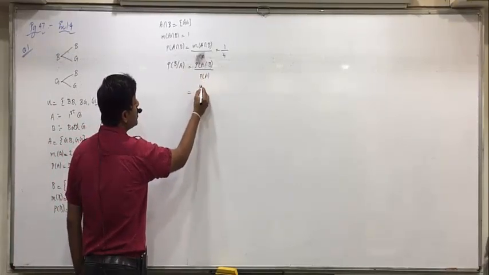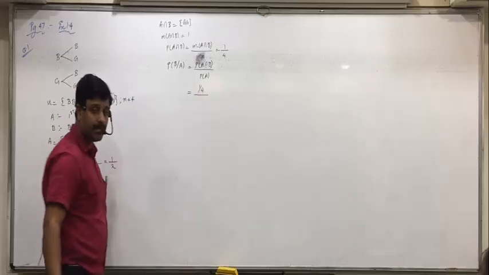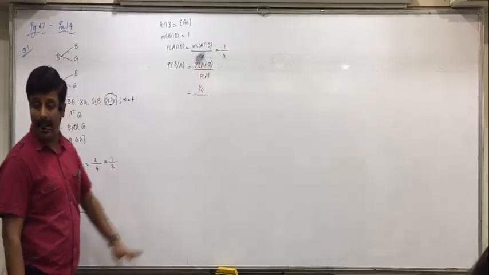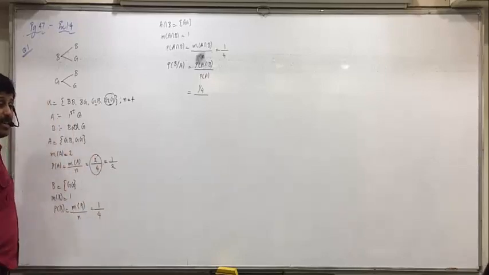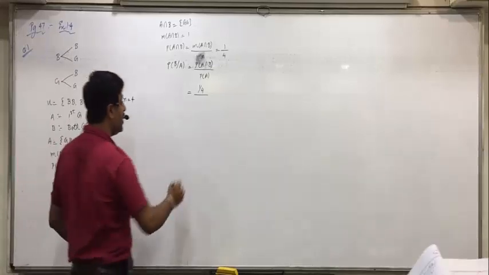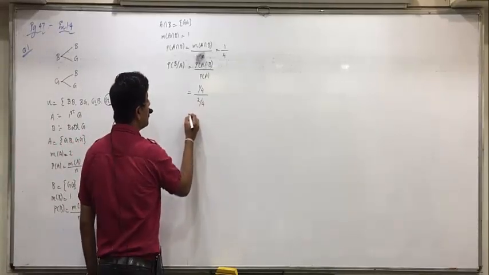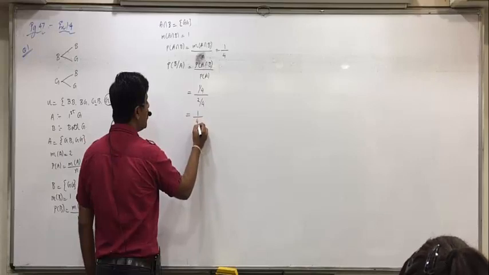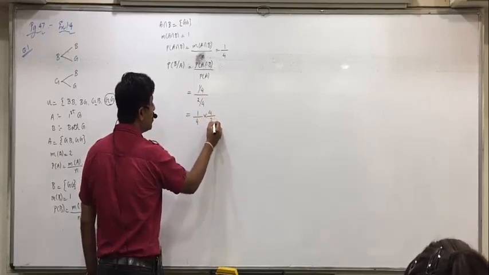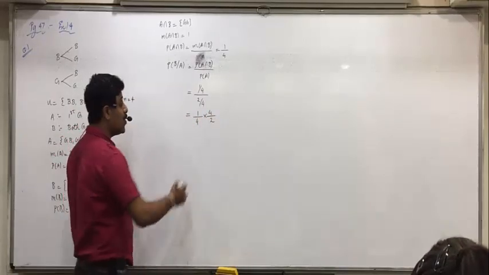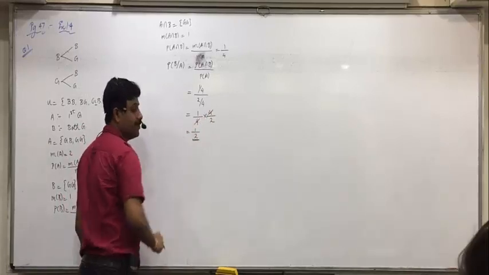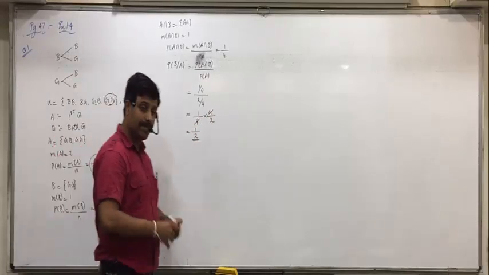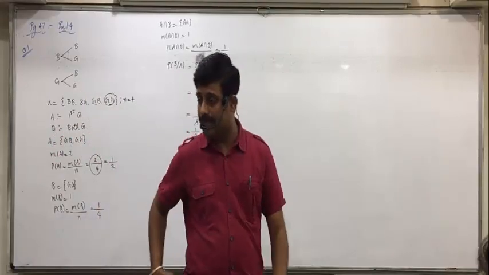Now what is A intersection B? 1 by 4. Now P(A), don't take 1 by 2, take 2 by 4, like we did in rule of addition. Take the ones with the same denominator, so it will easily get cancelled. Now can I say 1 by 4 divided by 2 by 4 means multiplied by 4 by 2, the reciprocal? So 4 will get cancelled. Answer is 1 by 2. Understood this area? Any doubts on it?